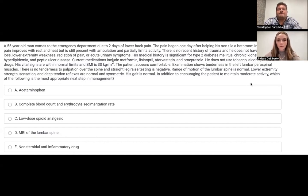Then his medical history is significant for type 2 diabetes, chronic kidney disease, hyperlipidemia, and peptic ulcer disease. Okay, so he has a few comorbid conditions. Current medications include metformin, lisinopril, atorvastatin, and omeprazole. He does not use tobacco, alcohol, or illicit drugs. So that's important when it comes to...